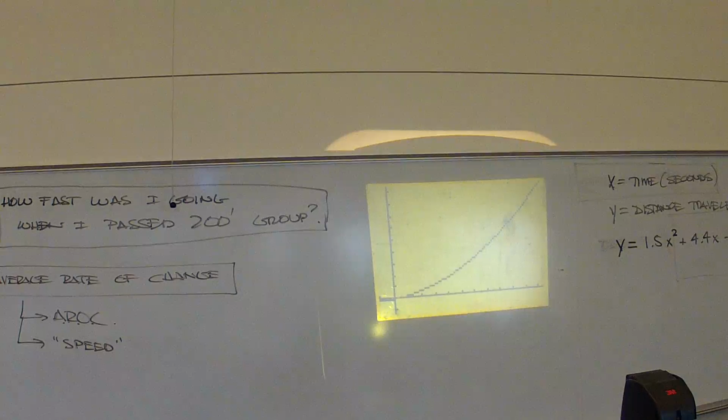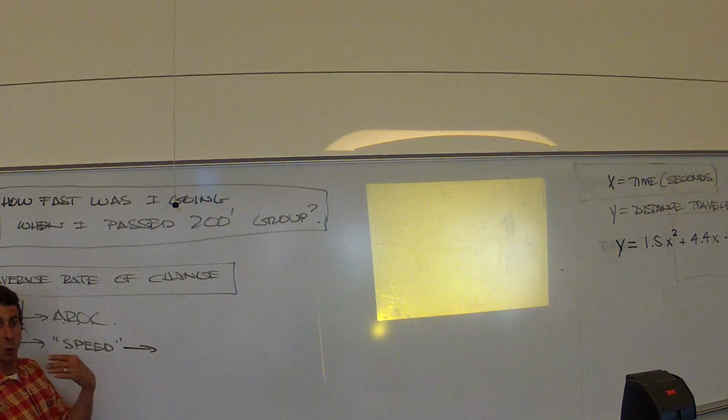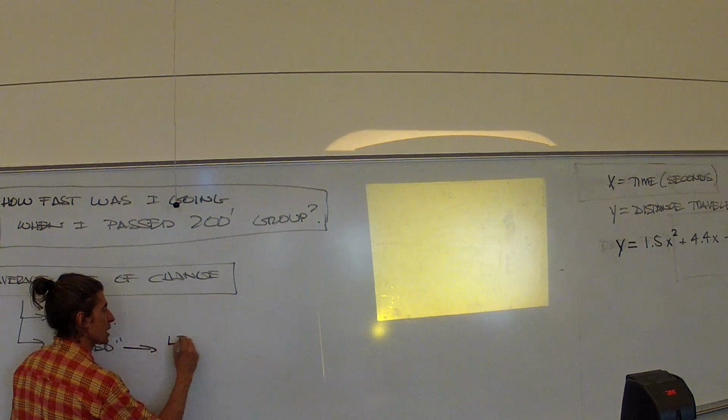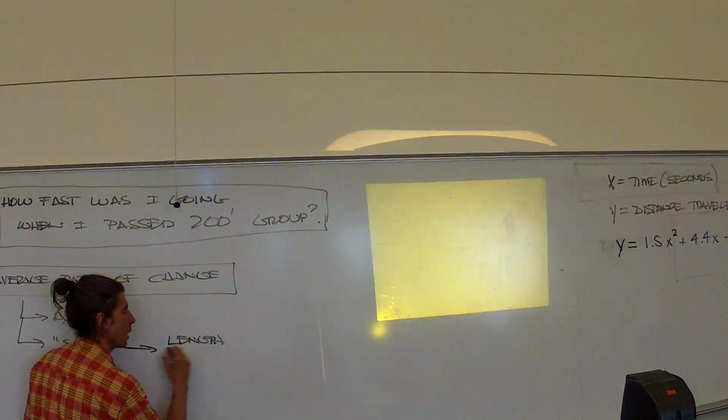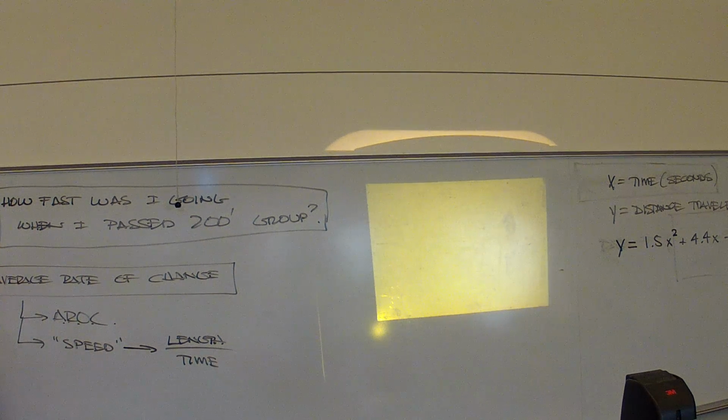These are rates. Any kind of a rate is going to have some kind of a metric divided by some kind of time. That's what speed is. I'm going to generalize this to our bike speed. It's some kind of length over some kind of time. Well, that looks like a slope, doesn't it? It's a change in length over a change in time. And guess what? It is a slope.